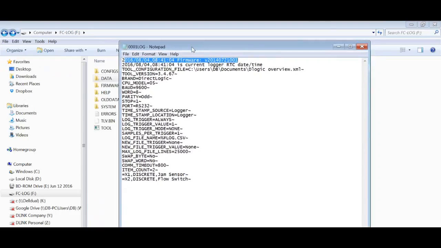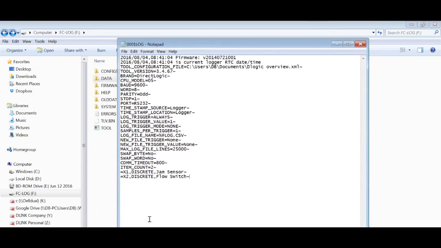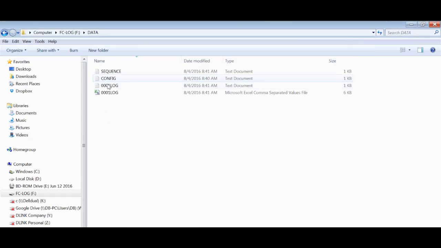Now, down here, folks, you may find messages. For example, let's say you set this logger up to log and you tell it to log for a week. And partway through the week, there's static electricity or noise on the line, and it can't get the data from the PLC. Well, we're going to record in here that at this time, we couldn't get the values for you. So there's going to be diagnostic information here to tell you what's going on. So that when you come back, if you go into your CSV file over here and you find that there's something missing in the CSV file,